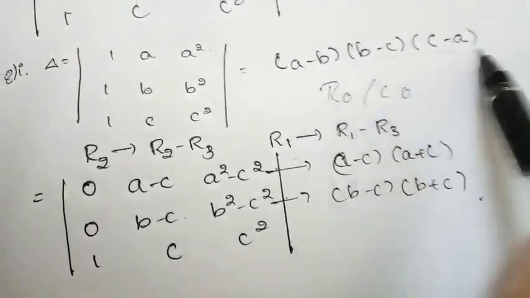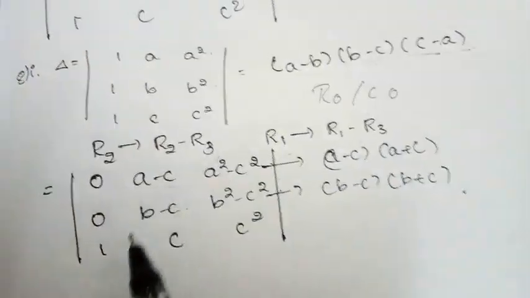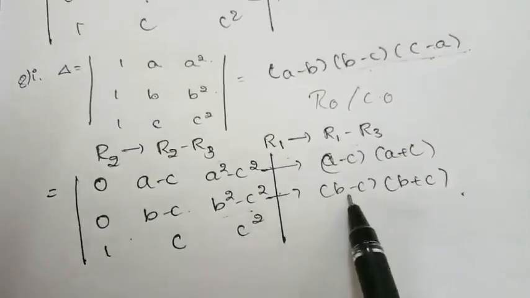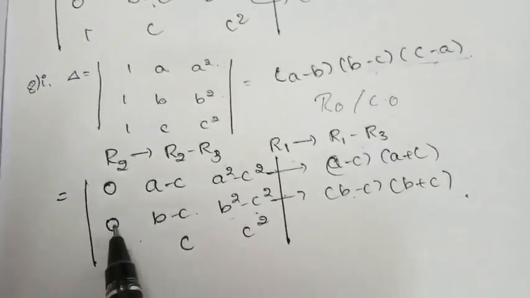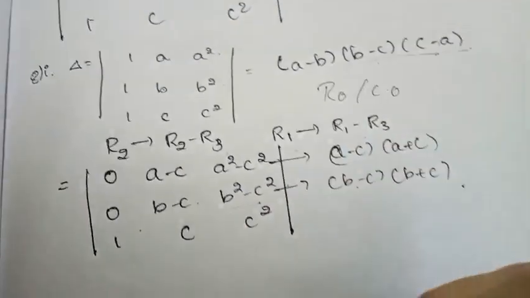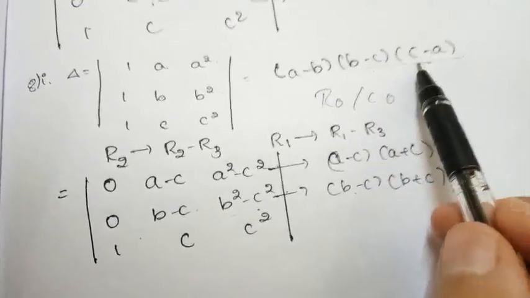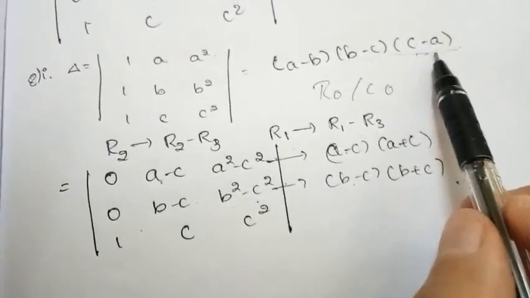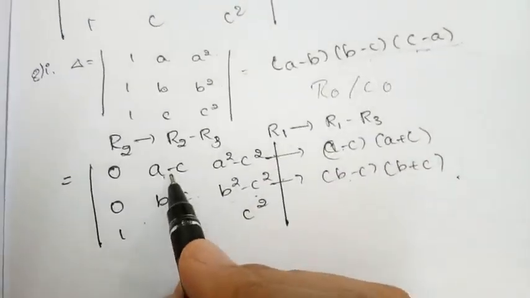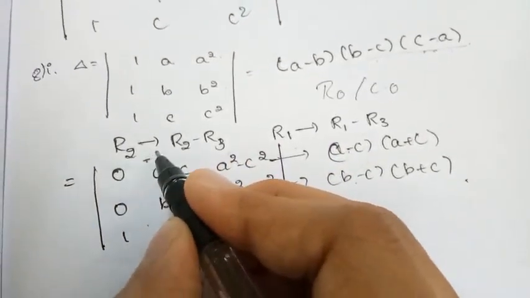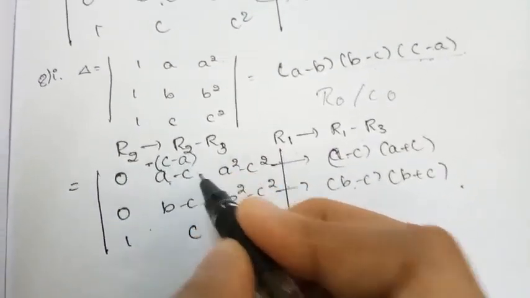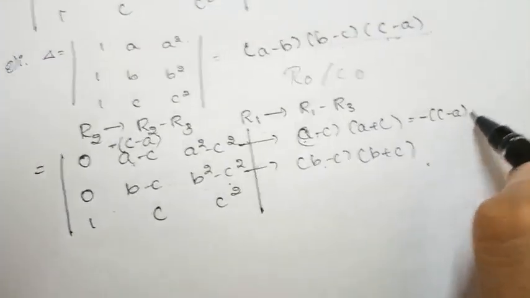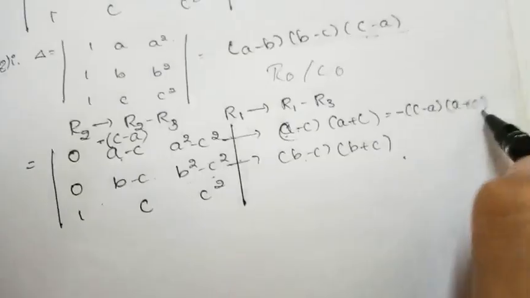Now concentrate upon the RHS. What we require? b minus c. Okay, b minus c is there here also. This element also has b minus c as a common factor. Here it is 0. From the second row I can take b minus c common outside. What about the next? a minus c here, also a minus c, here also a minus c. But what we require is c minus a. Suppose I require c minus a, then if I take minus common outside, I am going to get c minus a. From this, if I take minus common outside, c minus a into a plus c, right?